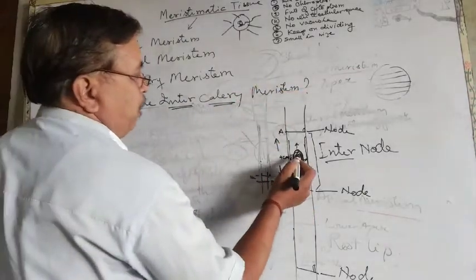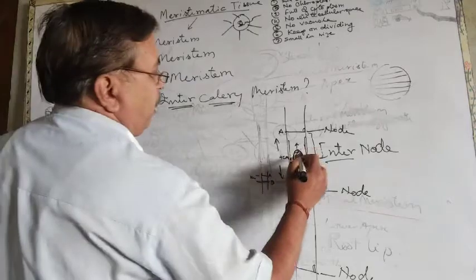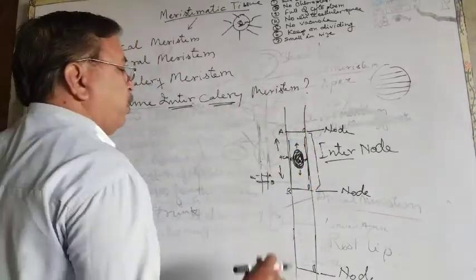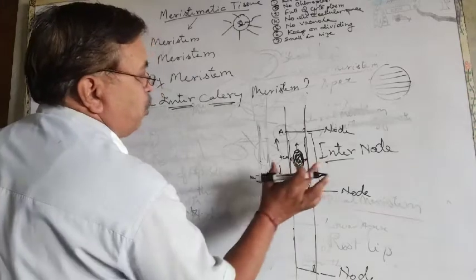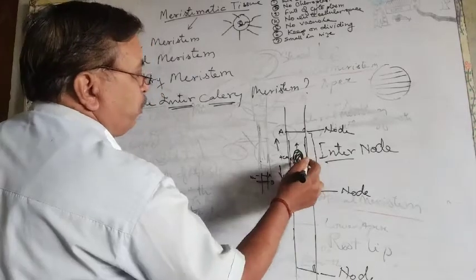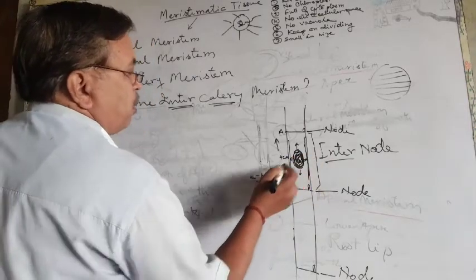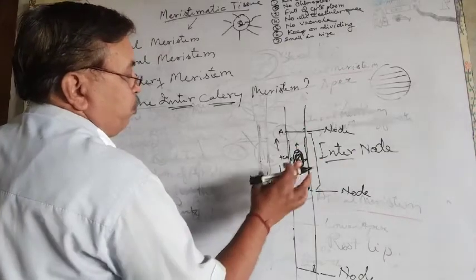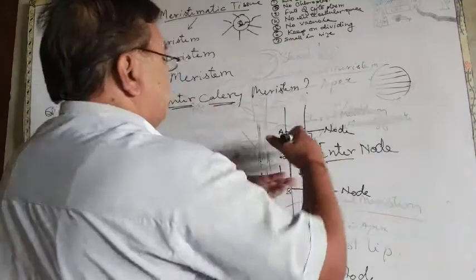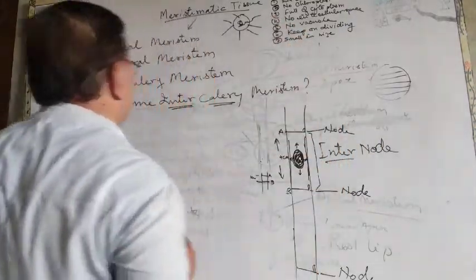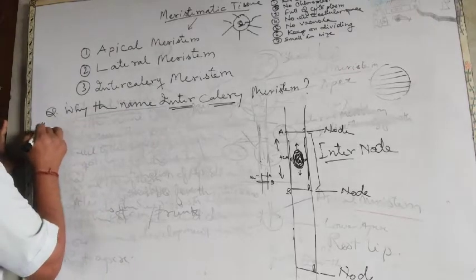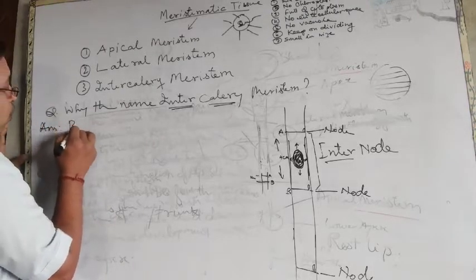It's because of this intercalary meristem that exerts pressure on the cells and pushes them upward and downward. Similarly, the thickness also increases along with the lateral meristem, and this intercalary meristem pushes so that the gap between the nodes increases. So why the name intercalary meristem? Your answer is because